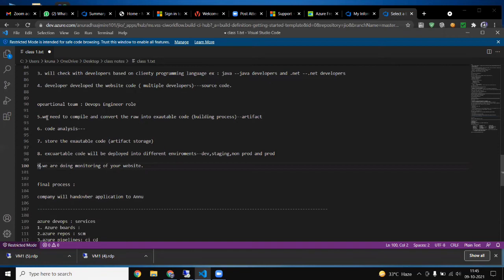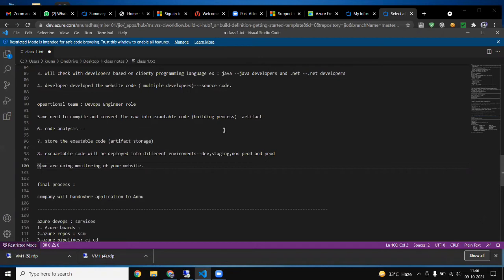What is the fifth one? We need to compile and convert the raw code into executable code. We can simply say it is a building process, and we are storing it in an artifact. What is our process? We compile that raw code. Raw code means human readable code, which the developer writes.